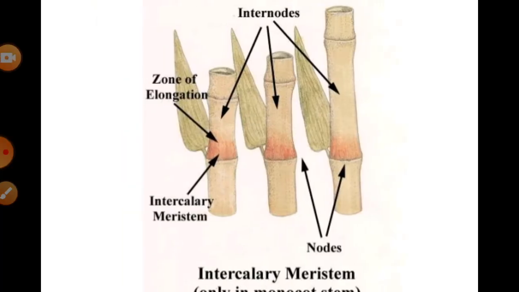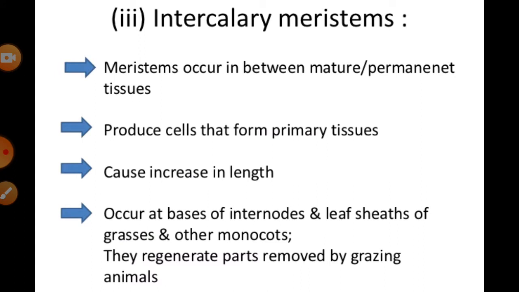And we can say that both apical and intercalary meristems are primary meristems because they appear early in the life of the plant and contribute to the formation of the primary plant body. Means they are generally primary meristems. Why are they primary meristems? Because they are capable of development. First of all, they appear under those particular conditions, right?